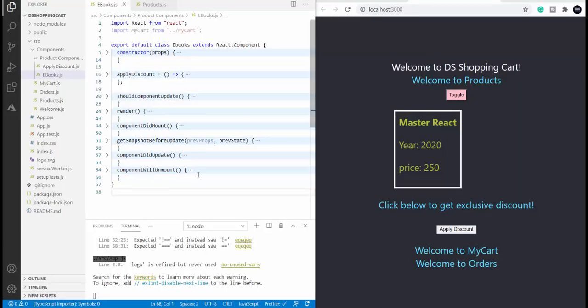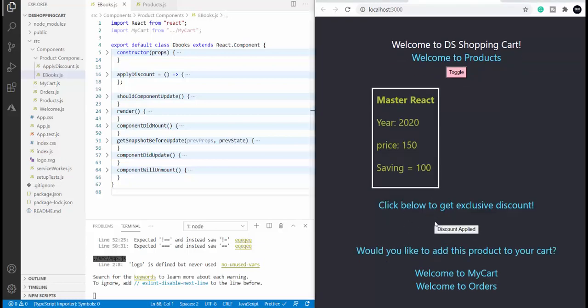This is the React application that we have, and on the right hand side is the result. We have seen the process of developing this apply discount and other concepts in the previous demo. Now we are going to find the difference between the arrow functions and the regular functions through event handling. So what I'm going to do right now is, after this message which is popping up, I'm going to add two buttons over here, yes and no buttons.